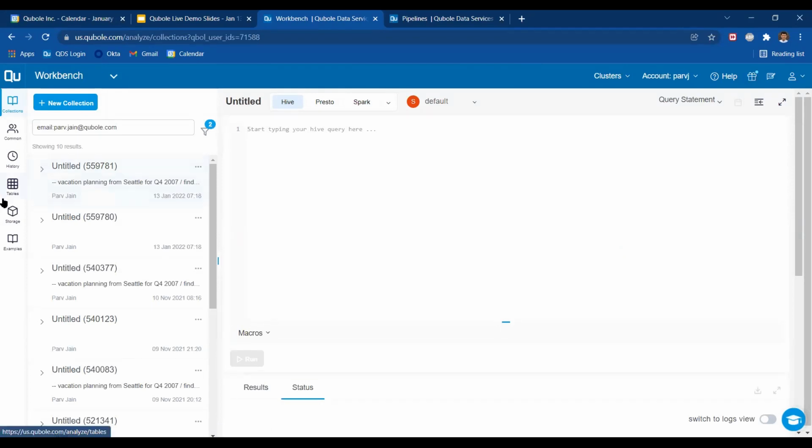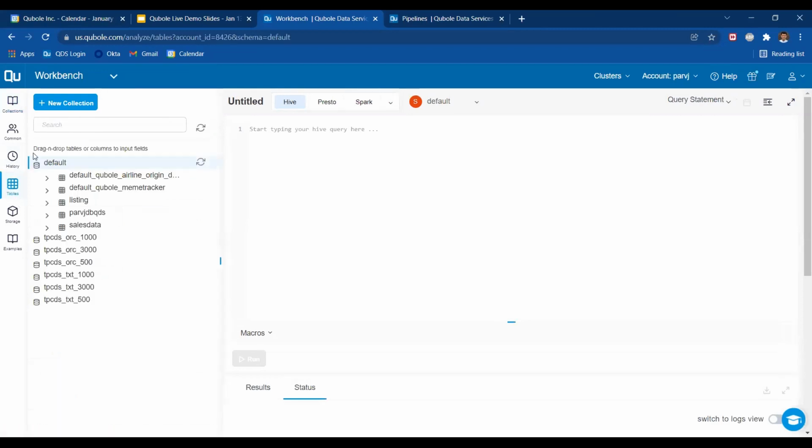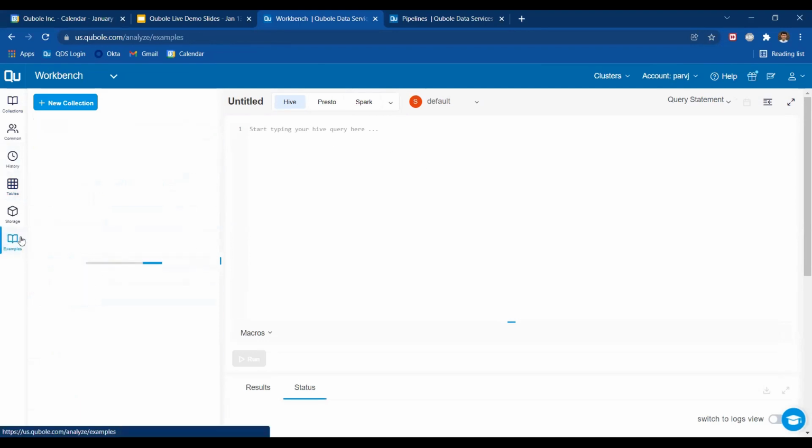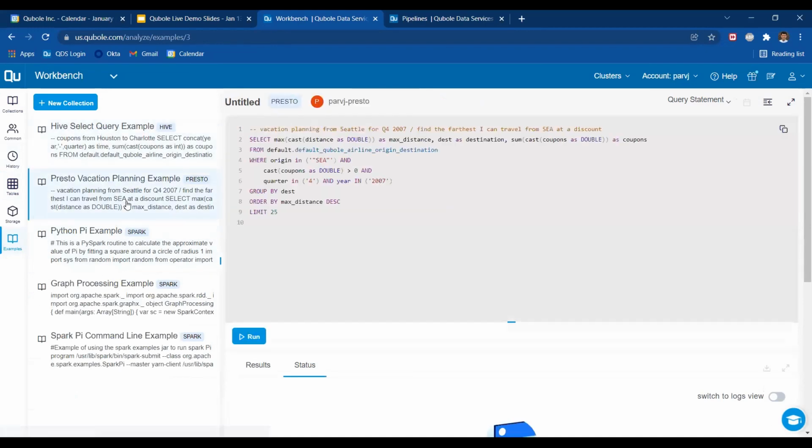But the reason I want to show you this one workbench is to show you how you can basically have a look at your data as well. So these are the different schemas. And if I want to run any query against my data for ad hoc analysis, I can do it over here. So Qubole comes with some example queries that you can see to see how the Qubole platform